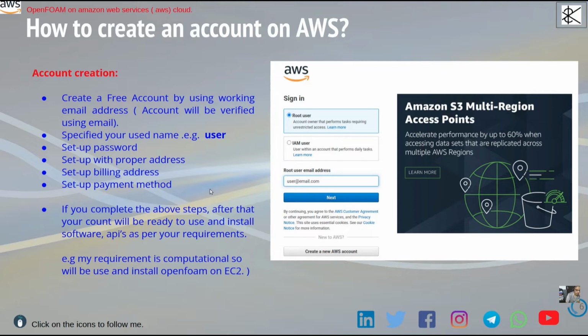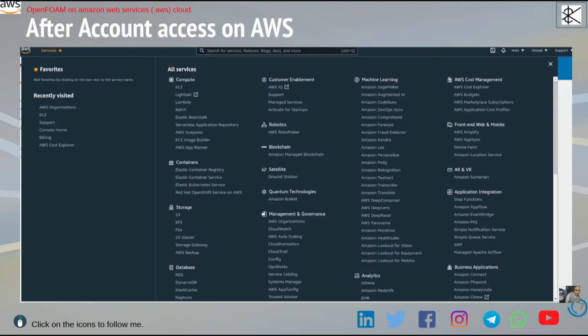So these are some points for creating an account on AWS. After you create the account, you will receive the mail. Then you can log in again. After login, you can see this kind of window. At the topmost left corner, you will see the services.